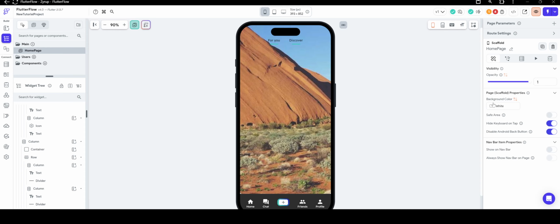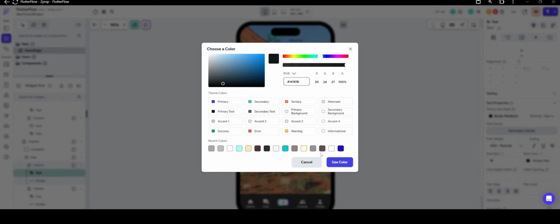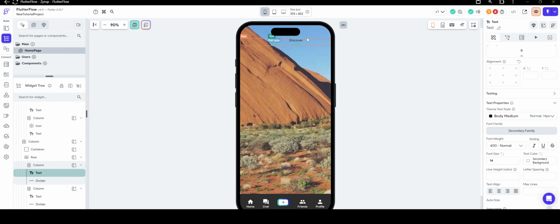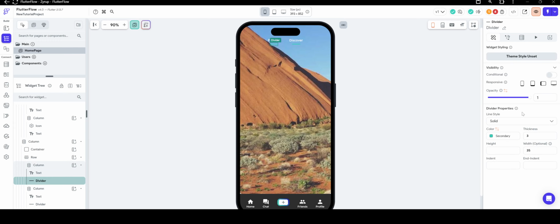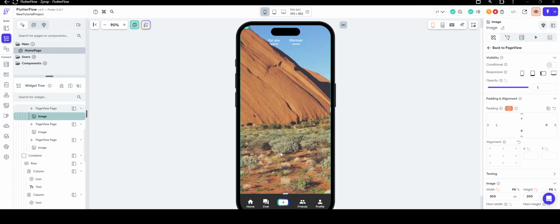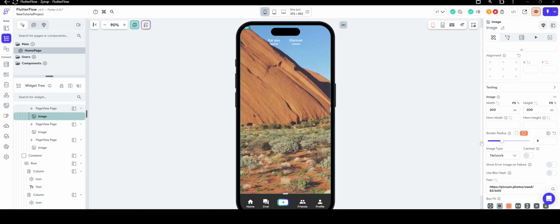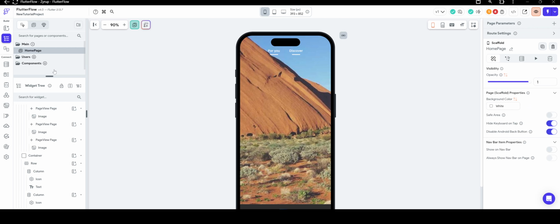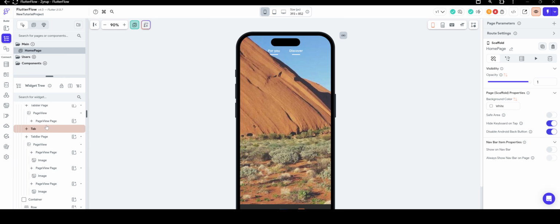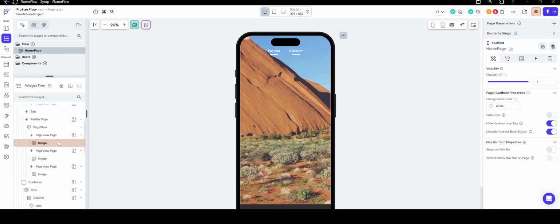Forgot to change that when I was there, so let's go ahead and change this. Let's do that to white. Do that one to white as well. Okay, so I'm going to leave this picture here as kind of a placeholder so I can see, because having just a white background is tough to see. Okay. Alright, so that's all set up the way I want it to be for now,